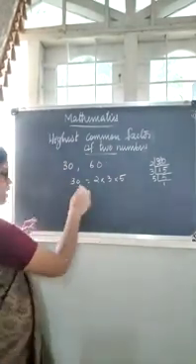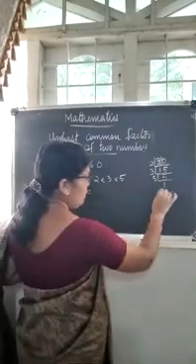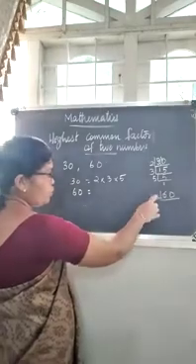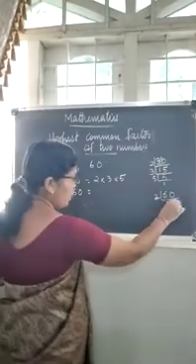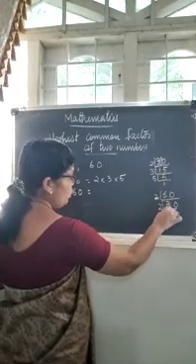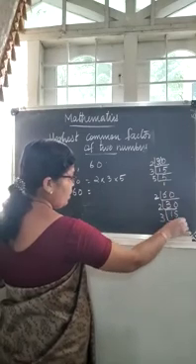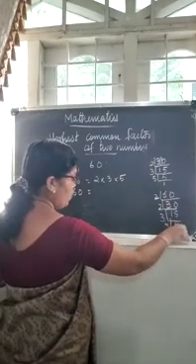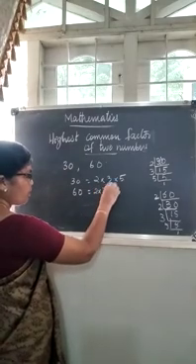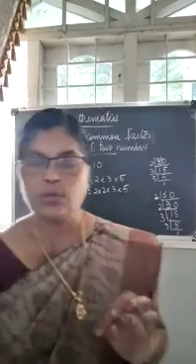Let us do the prime factorization of 60. 60 we can divide it by 2. Okay, 6, how many 2s are there? 3 twos. Now we can write 30. Now the factors will be same. This 2, 15, again by 3, 5, again by 5, 1. So which are the factors? 2 into 2 into 3 into 5.